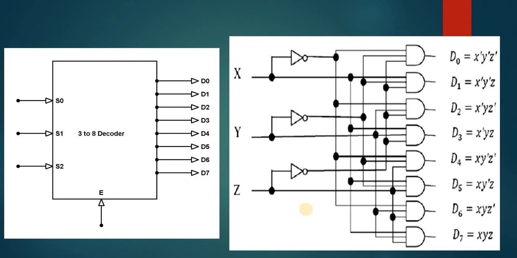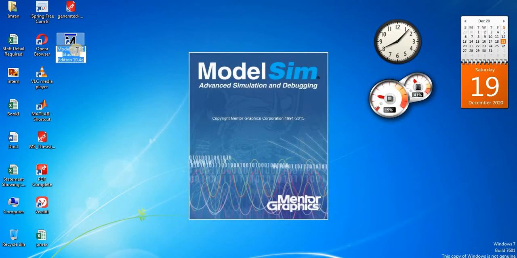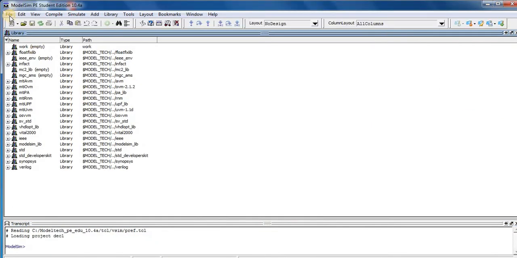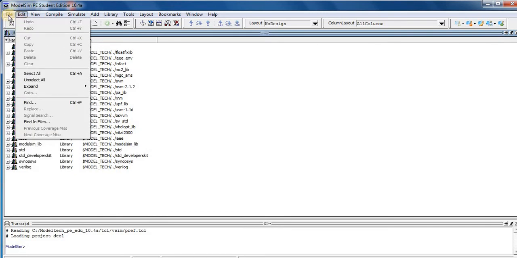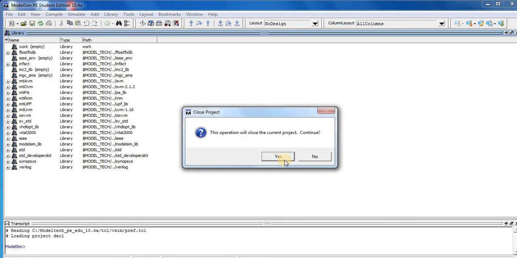Now I am going to use ModelSim to write the Verilog module for a 3 to 8 decoder. So here, click on the ModelSim shortcut. After opening the software, go to File, New, Project, press Yes.